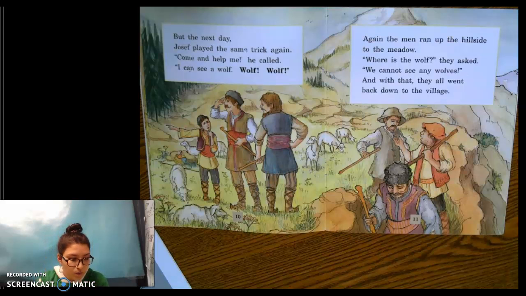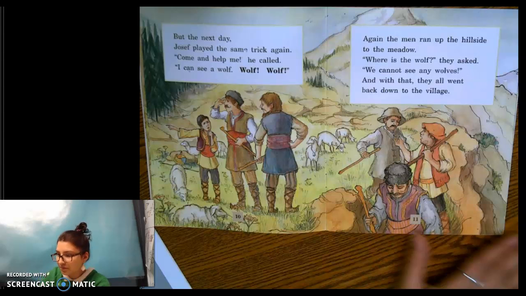Joseph. The wolf went away when it heard you coming. First village man. That's lucky. Second village man. We must have frightened it away. Third village man. We can go back to work now. Father. You can bring the sheep home later, Joseph, when the sun goes down. Narrator. But the next day, Joseph played the same trick again. He called down to his father.